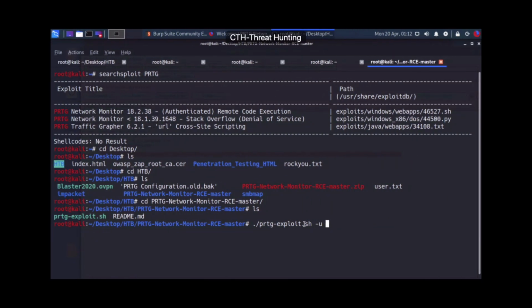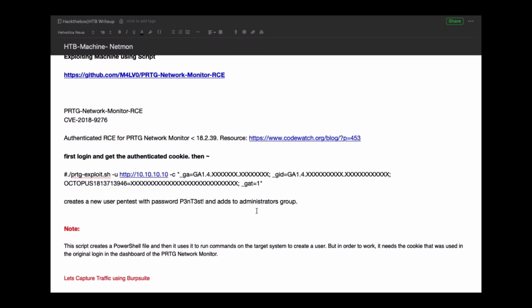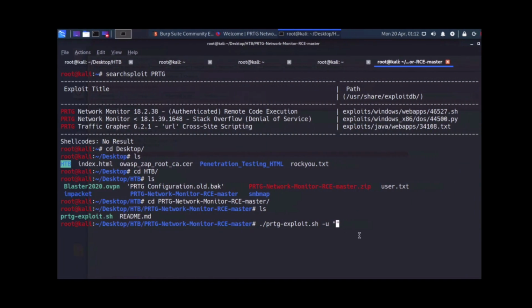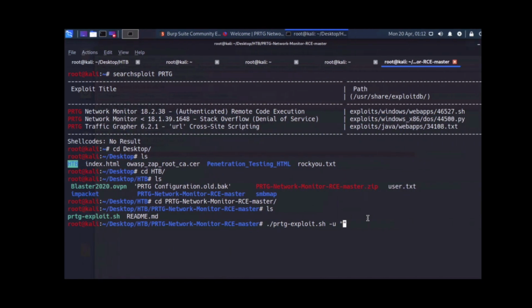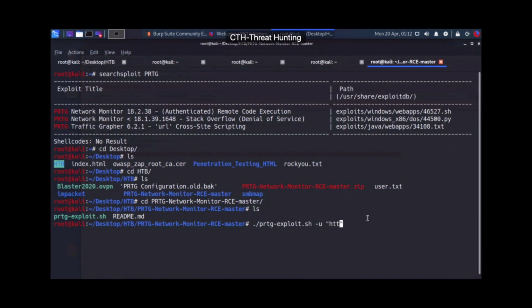So here, this is a URL. I'm going to paste it here. Basically, I'm going to create a user with the username pentest and the password with this. So automatically this script will create a user inside this Windows box. So put the URL, which is http, and then our IP address, which is 10.10.10.152